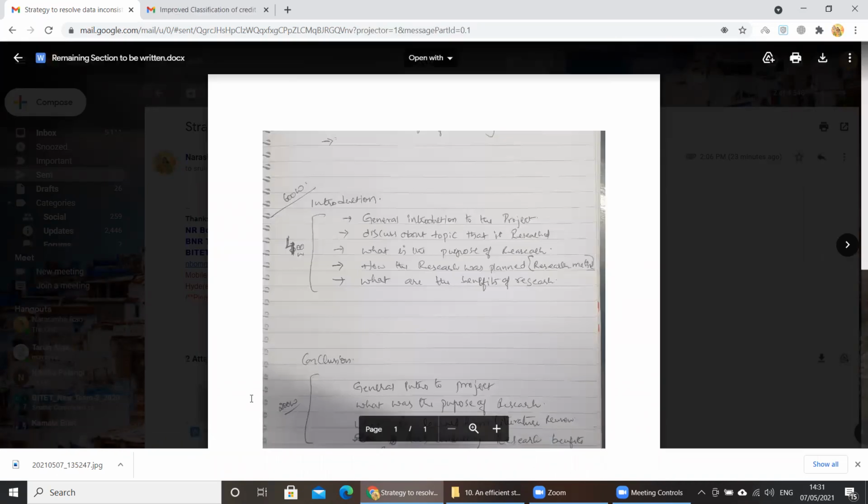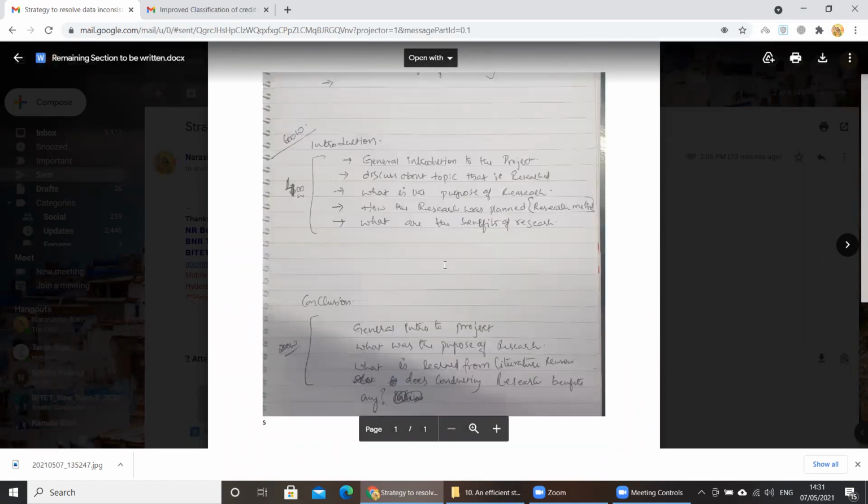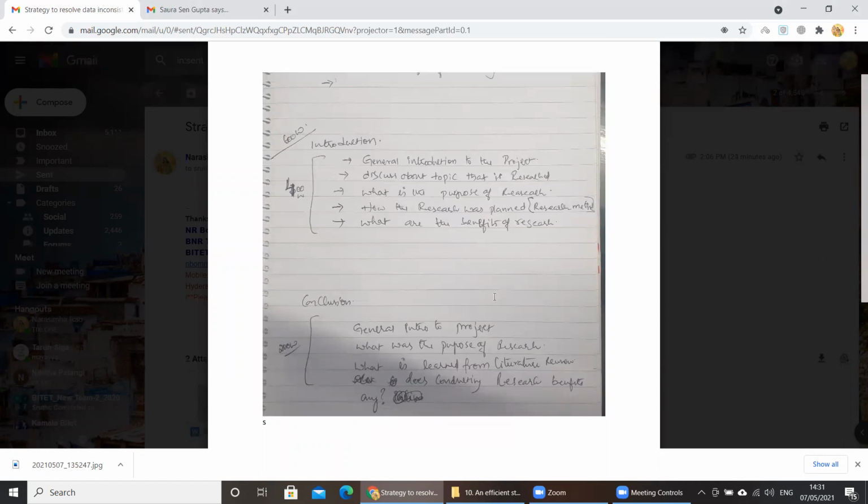The introduction section is very simple. You are supposed to give a general brief of the topic. Then I want you to add a few important points about your specific research topic. Then we speak about the main aim and some objectives of your research. Then we speak about how we plan the research. It means that you are supposed to explain what research methods you have selected, maybe planning to use some kind of survey method, as mentioned in the research method section of the given document.